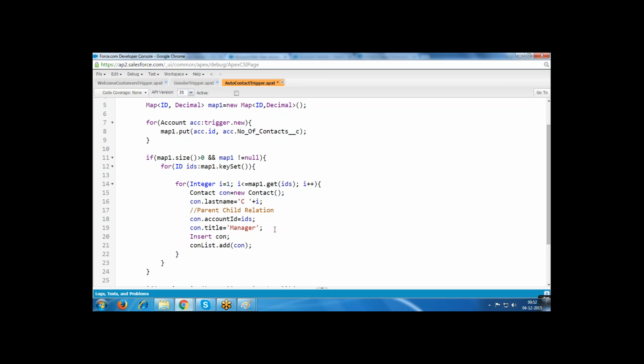But in DML operations we can perform a maximum of 150 operations only.